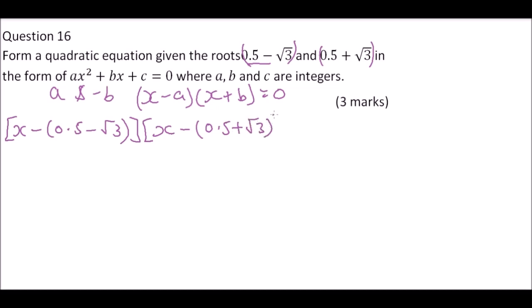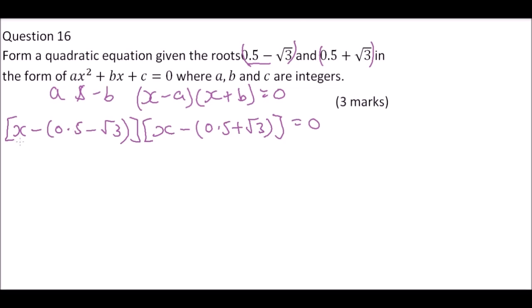We close the bracket and we say this is equal to 0. So those are the factors. Remember, when you are forming the quadratic equation, it is like you are going the reverse way of factorizing a quadratic equation. So what remains now is to open the bracket,